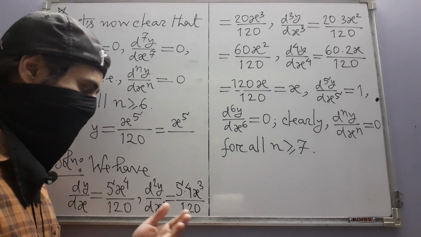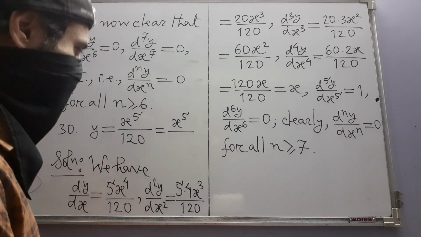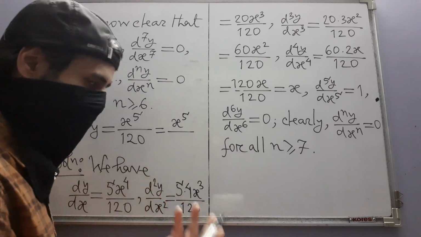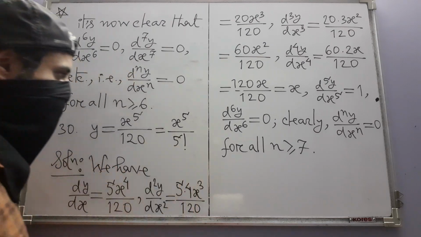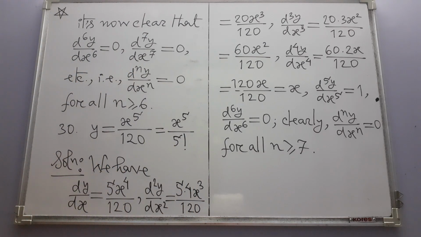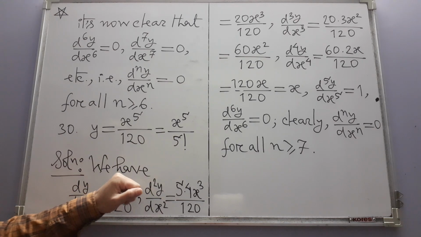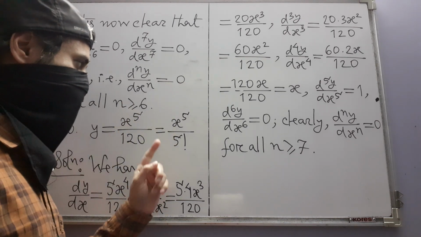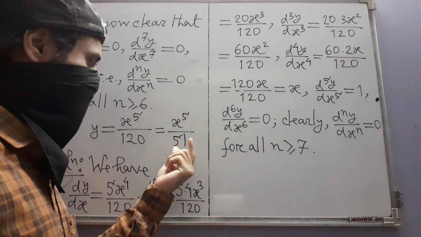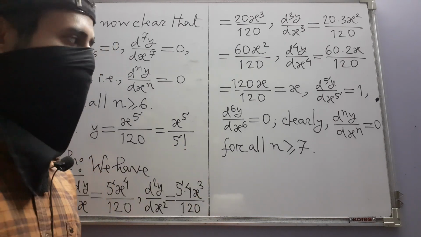By gradually multiplying 5 with 4 and then with 3, 2, 1. So that means this is something we already know, that this is nothing but 5 factorial. Also, the other observation is that when you differentiate this term 5 times, this 5 factorial vanishes and you